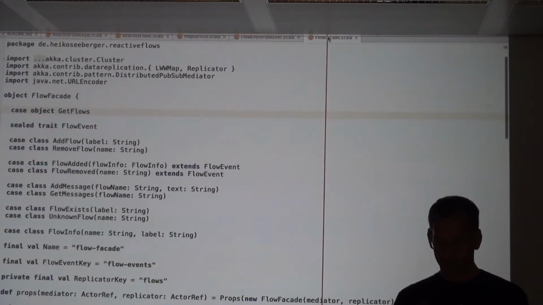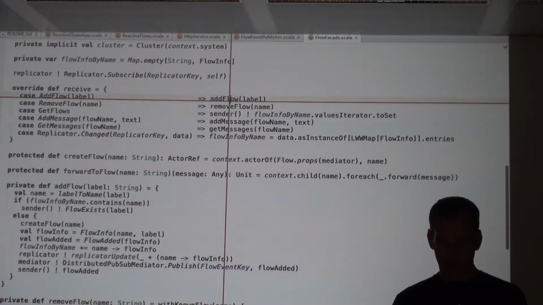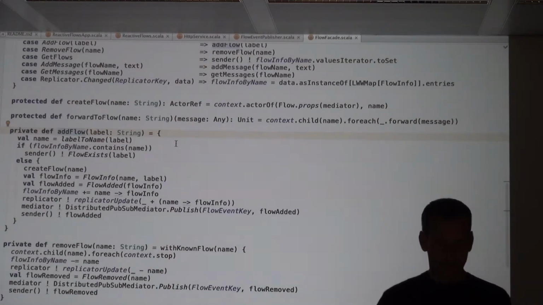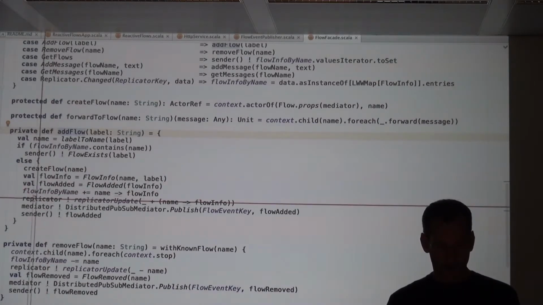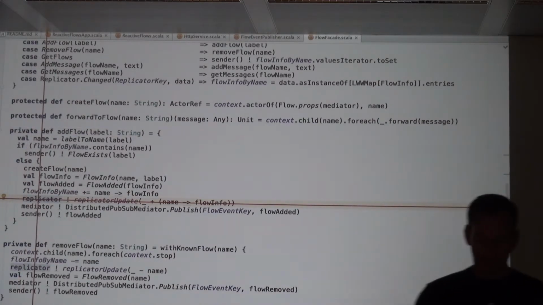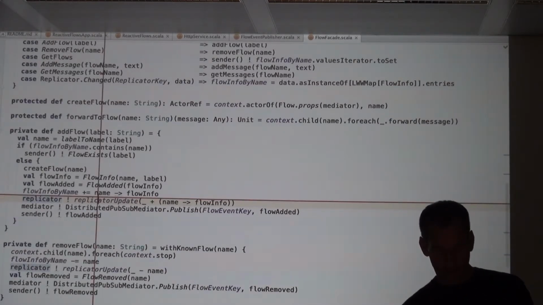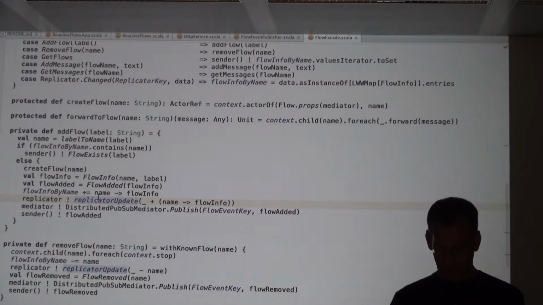Let me just briefly show you what's going on here. If you want to add a new flow, for example, what happens is after checking some stuff here, that's a really interesting part. We have the replicator actor, where we send a certain message. It's called replicator update. That's just a function.